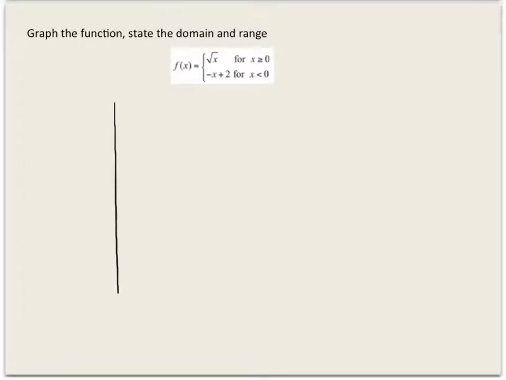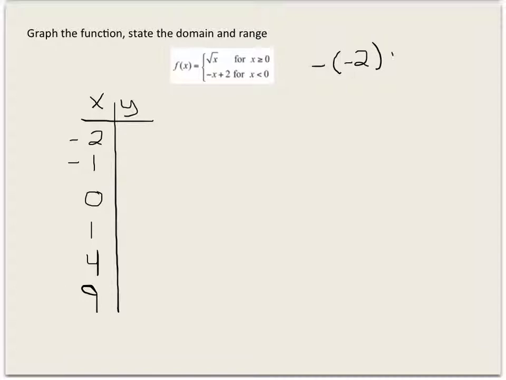So if I were making a t-chart here, I'd start with some values underneath 0. So let's see, negative 2, negative 1, and then I'd have some above 0. I'm doing square roots, so I might want to stick with 1 and 4 and 9. So if x is less than 0, if x is negative 2, we're going to have negative 2 plus 2, and you get 4. Negative 1